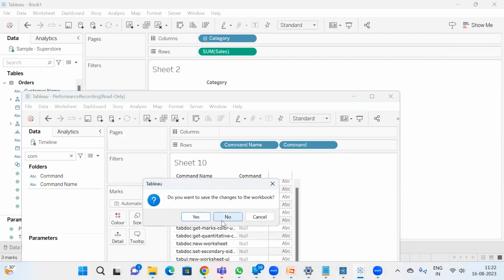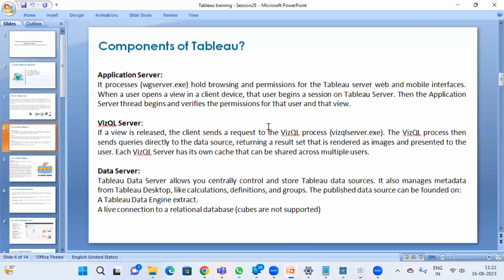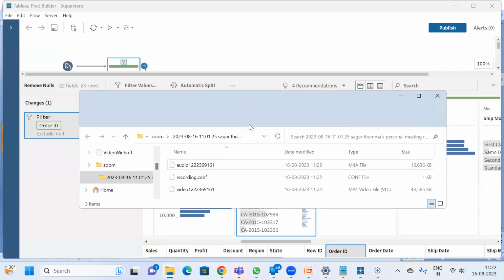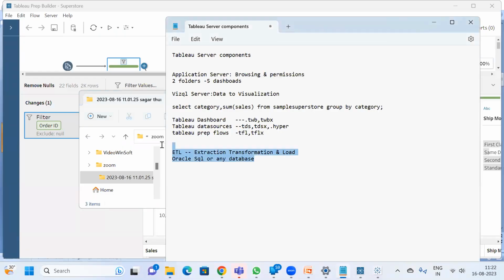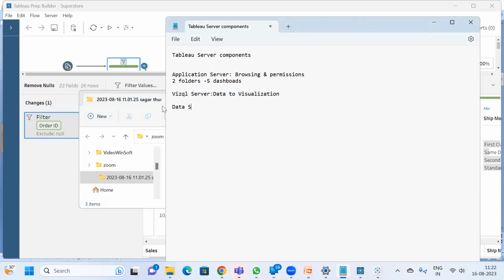So let's discuss the Tableau server. Basically, we are discussing the data server. So the data server will take care of the data things. It will have all the details of the Tableau data sources, and it will also take care of the metadata. So in metadata, it will have table names,